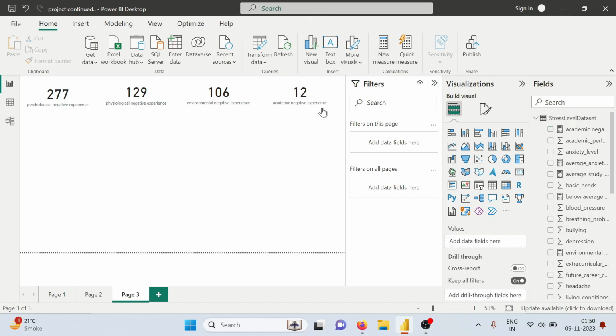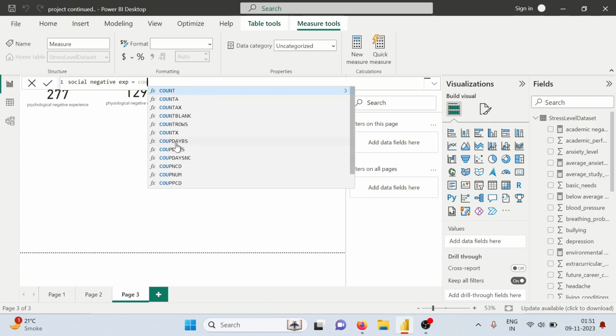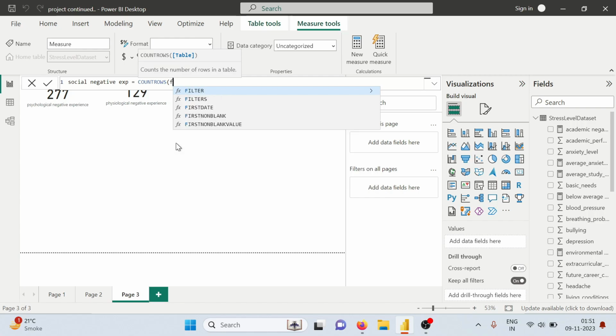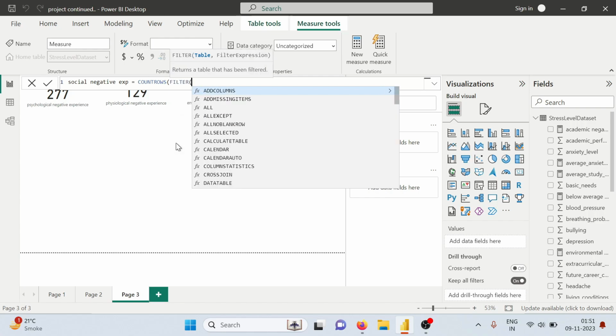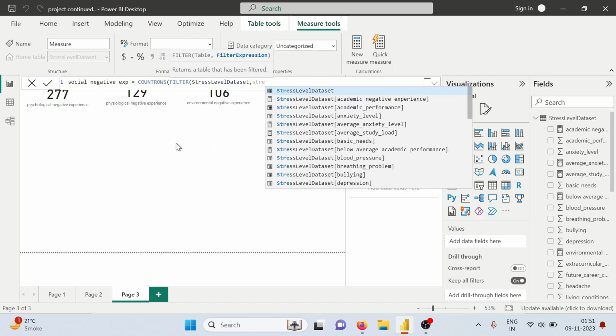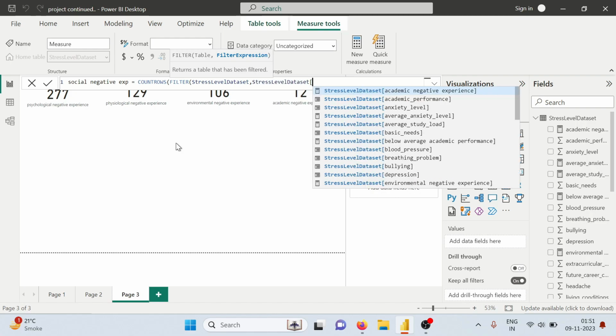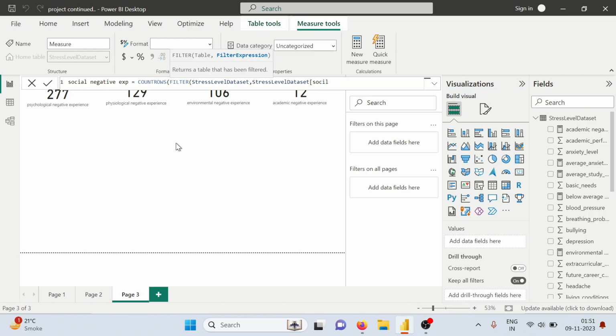Now we will create our social factor. Social negative experience is equal to count rows, filter, column name. The column name is social support. Social support less than 1, and